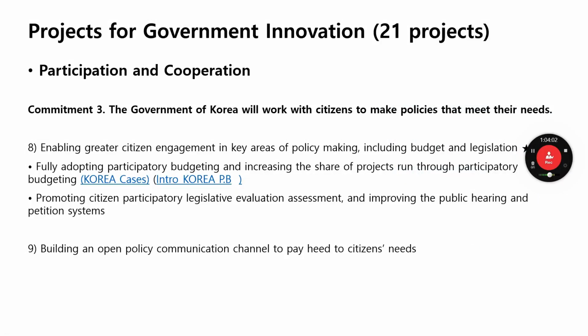Another is that the government of Korea will work with citizens to make policy that meets their needs, enabling greater citizen engagement in key areas of policy making, including budget and legislation. And it's fully adopted in participatory budgeting. If you want to know about participatory budgeting, just type it into YouTube or Google, and you can find lots of introductions to participatory budgeting. And in Korea also